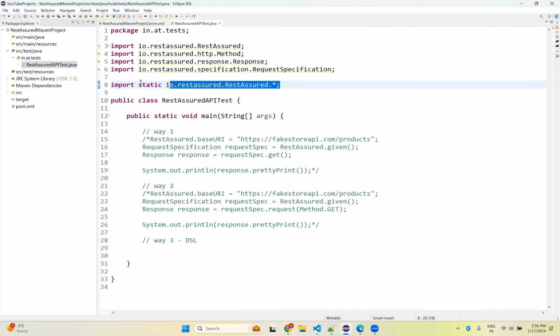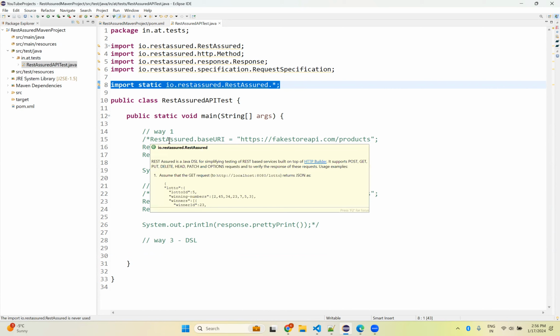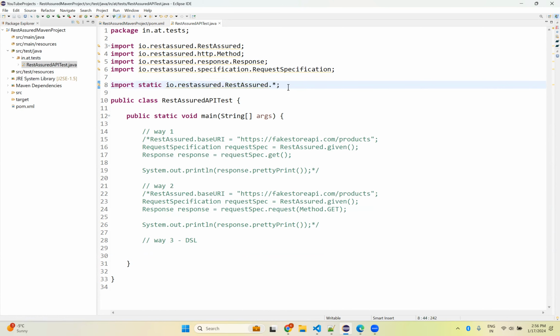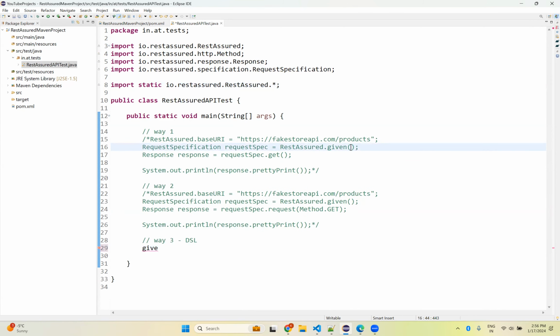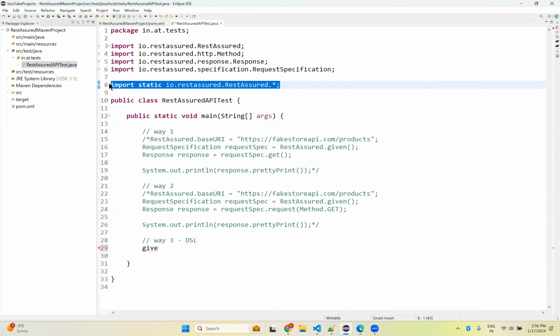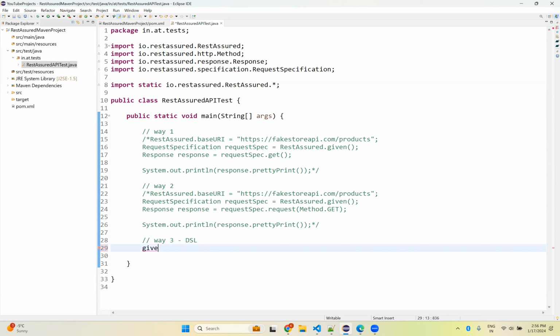You will not get it automatically by hovering on that method and importing. So you need to write this manually. Because of that, I have written import static io.restassured.RestAssured.*. Then you can directly use this given. You see that, given. That given provides the request specification. It is the same given. Here I'm using RestAssured.given directly, but here I'm static importing. Okay. So given,